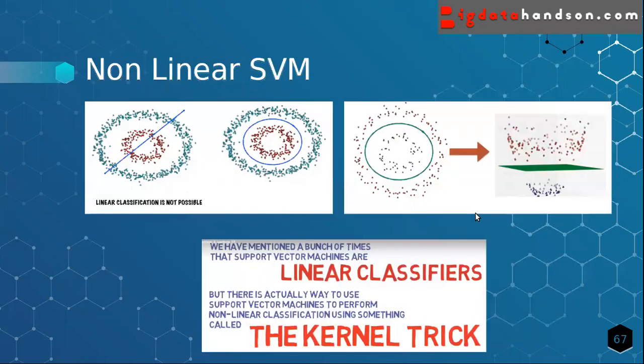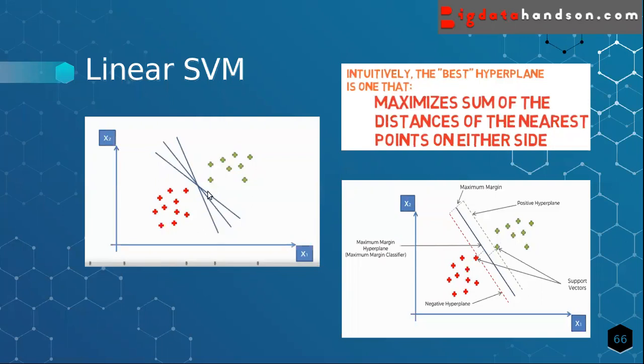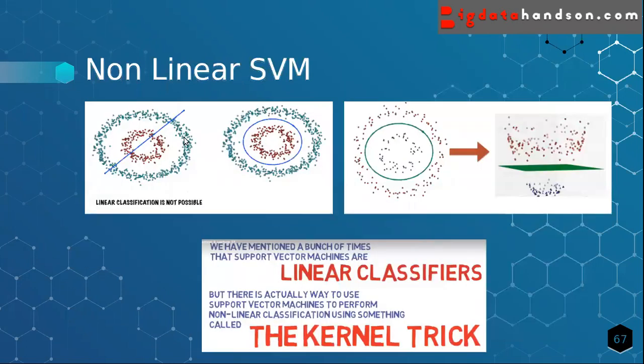If you have linear data, you can easily classify it with a single line. But what about non-linear data? What about this data? If you draw a line, there's a misclassification of about half, so we'll get only 0.5. For this type of non-linear data, we have a trick called the kernel trick.